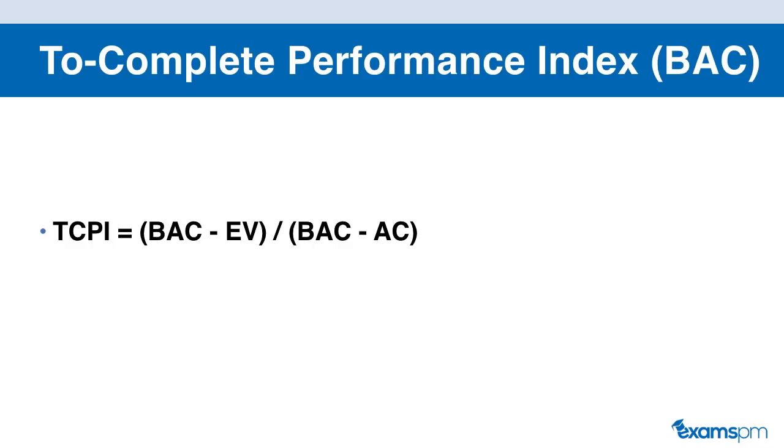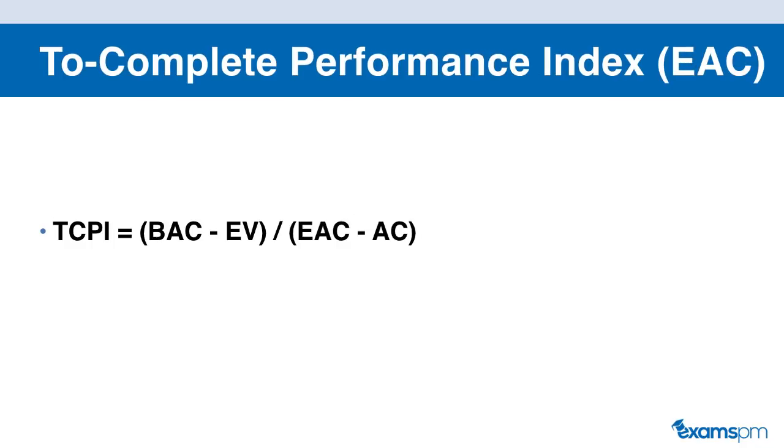So this will give us a performance index of how well our project is going. Now, unlike what we have seen in the other indexes, if the TCPI is greater than 1, then that is actually bad. If TCPI is less than 1, then that is good. Now, another way that you can use to calculate your to complete performance index is replacing the BAC with EAC